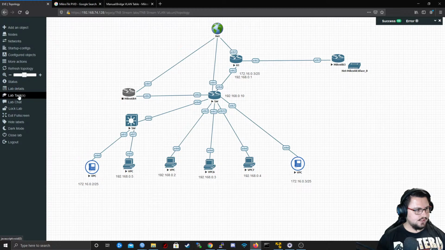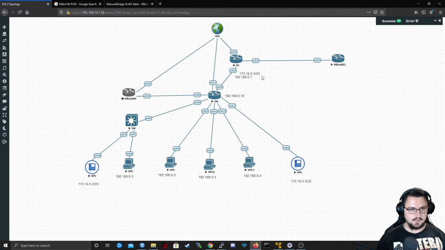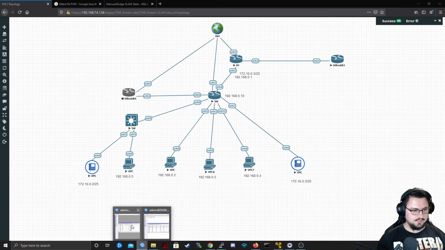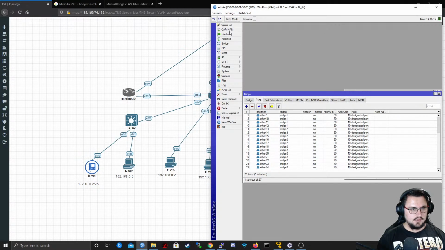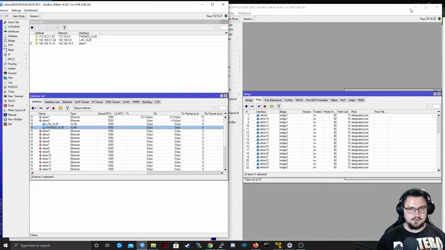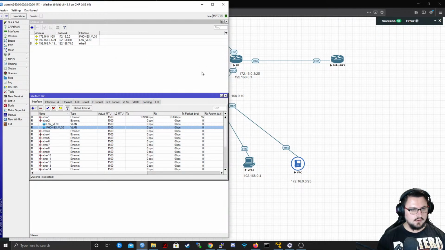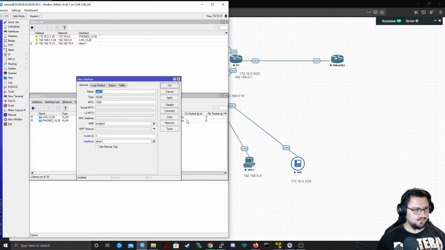Let's just refresh our topology here. And then what we might get is router 1. Let's just jump into it. That's the switch. There's the router. So on router 1, we know that ether 3 now goes to MikroTik 3. So very basic, we're just going to go into our interfaces, add a new VLAN. And it's just like these other interfaces that we assigned on the router. So let's call this